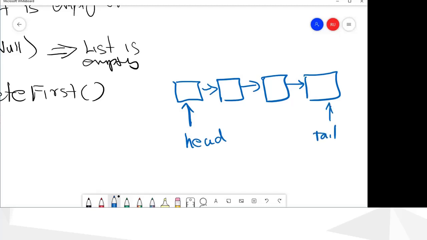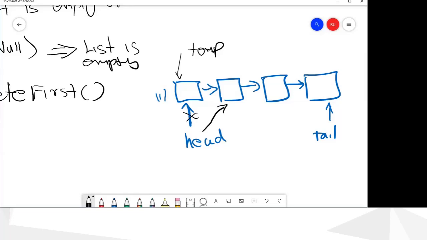Now we have to delete this one. Actually, there are two cases here. I forgot to tell. The first one is deleting this one, which is easy. First you remember the first node as a temporary pointer, and then change the head. After deleting this one, your first node will be the next one.